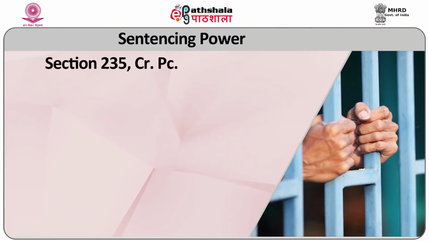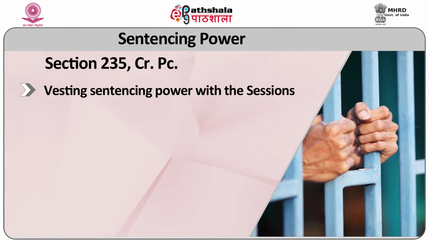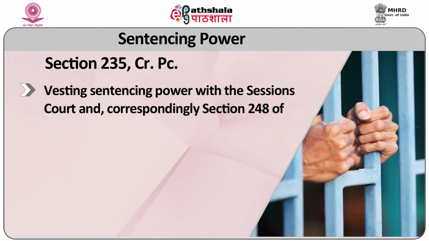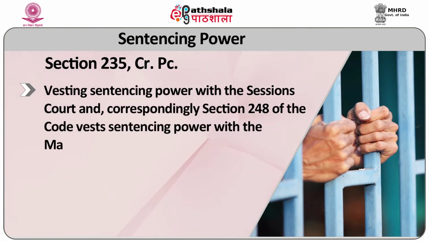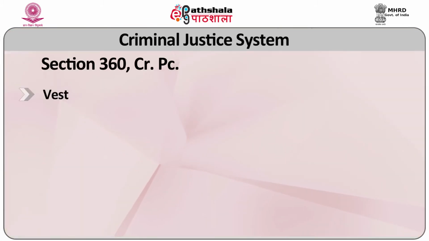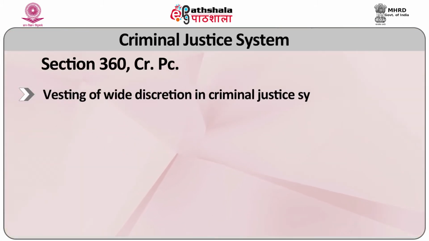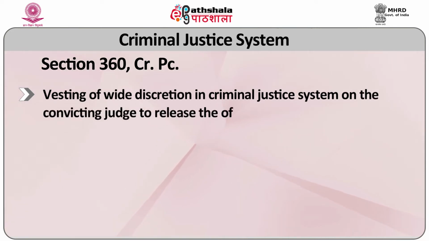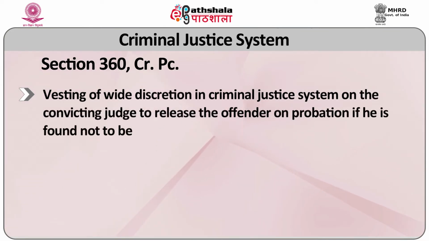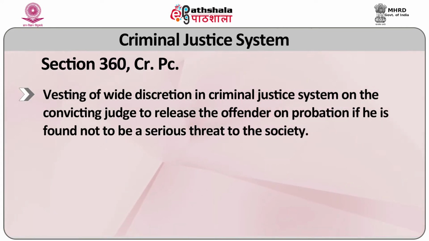Section 235 of the CrPC is vesting sentencing power with the Sessions Court, and correspondingly section 248 of the CrPC vests sentencing power with the magistrate courts. Section 360 of the CrPC is the best example of the vesting of wide discretion in criminal justice system on the convicting judge to release the offender on probation if he is found not to be a serious threat to